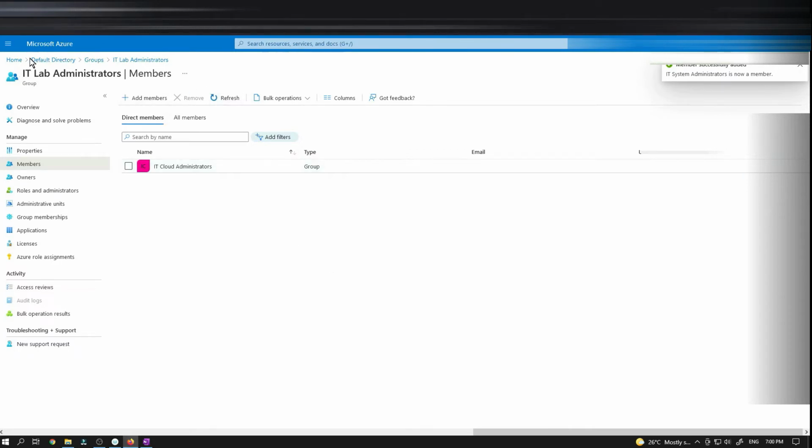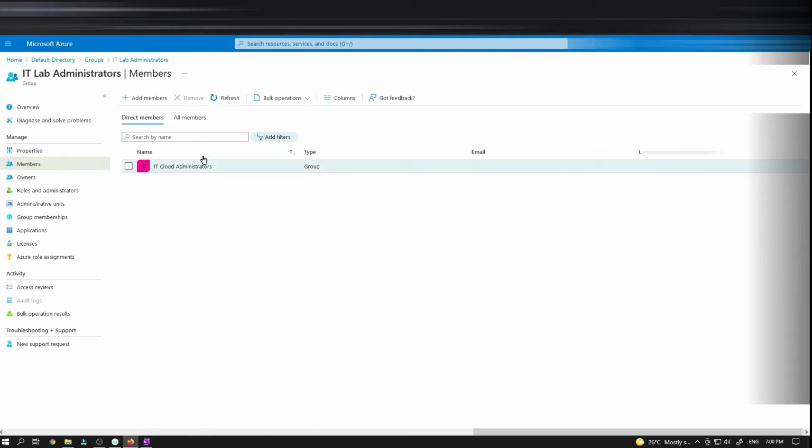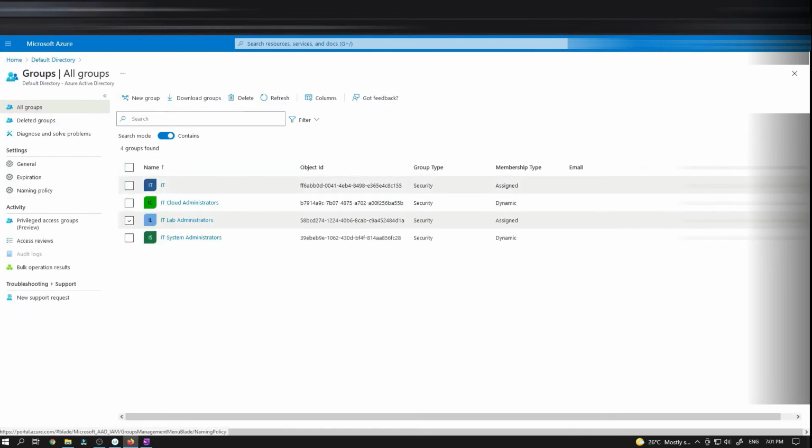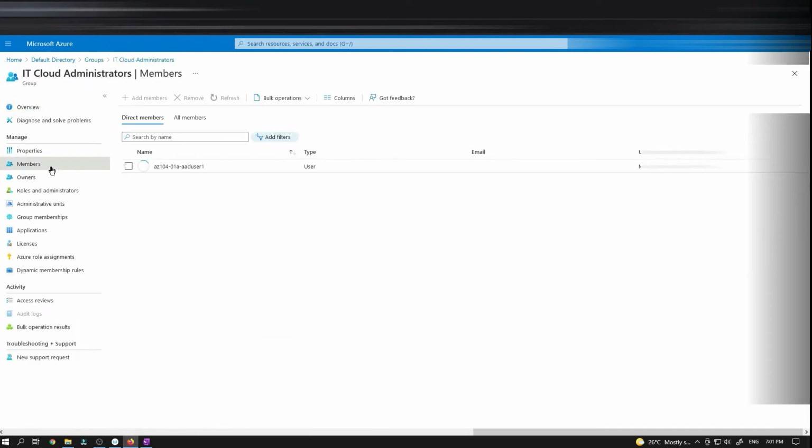All right, let's see what we have in our IT lab administrators now. I'll keep on hitting refresh because I should see 2 groups now in our third group. Here we go, guys, and let's see what we see in these 2 groups, because these are dynamic groups. So not from here, we'll go back to groups and then we'll go to our dynamic groups now. Go into members. See, our Azure user 1 is already dynamically added to our IT Cloud Administrators group, and then